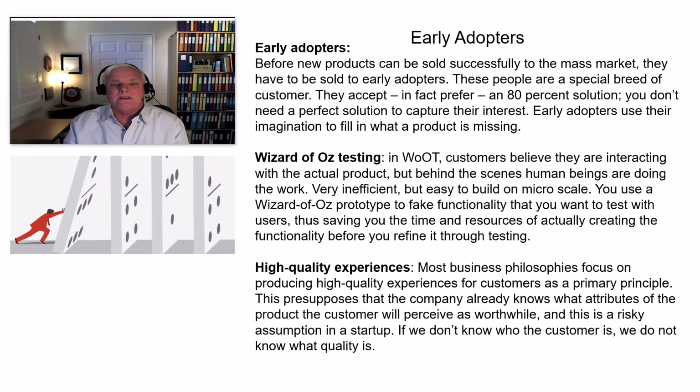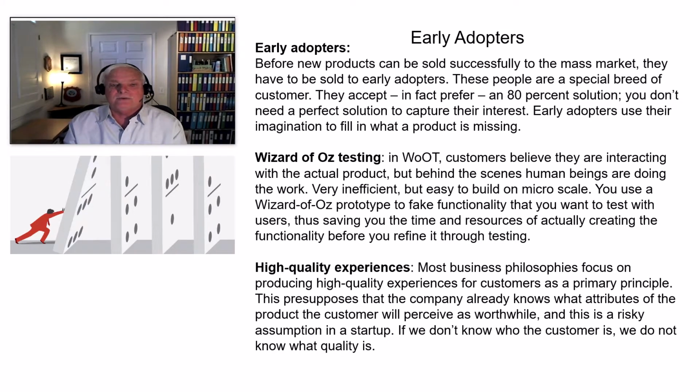And they're talking here about that 80-20 rule. If 80% of the solution is there, you can put it in front of somebody, and those early adopters are the ones that usually will give you information on what they would rather see or what is missing that they would like to have in your product.